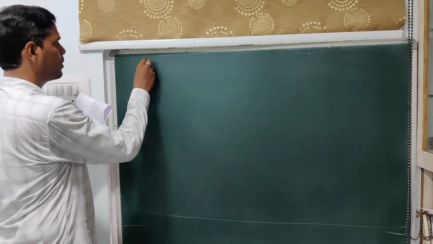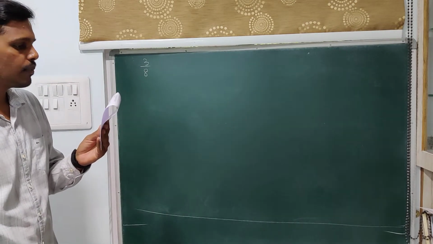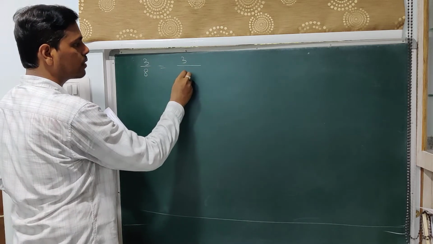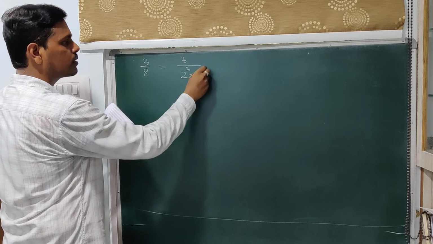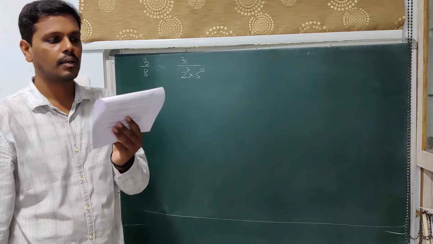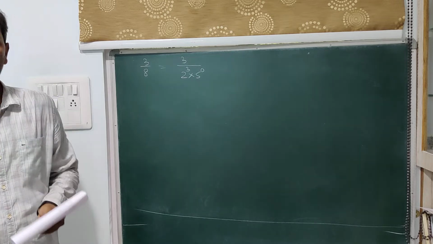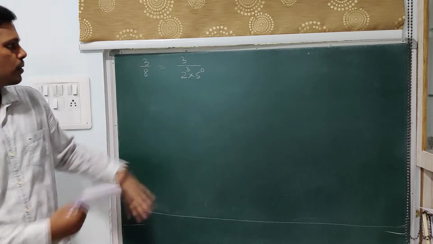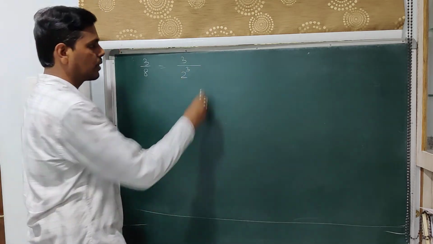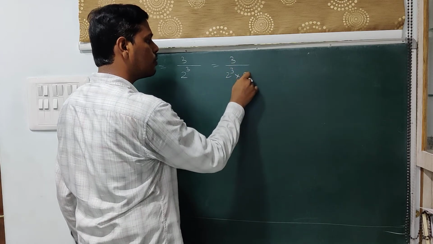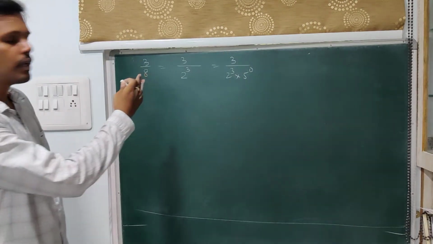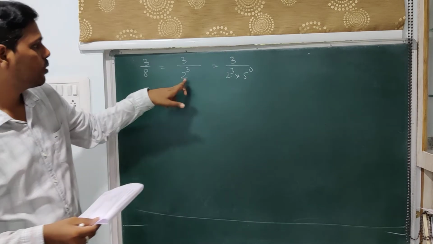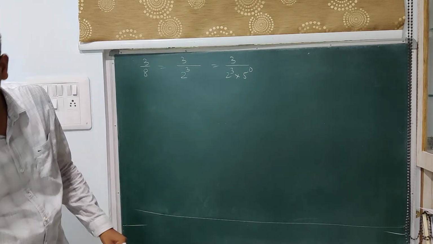That is, you are given a rational number 3 by 8. Now you have to write the prime factorization of the denominator. So let us write the prime factorization of 8. What is the prime factorization of 8? 2 cube. And since we are being told to write in the form of 2 power m into 5 power n, I have written 8 as 2 power 3 into 5 power 0, because the actual prime factorization is 2 power 3. Now this you can write as 2 power 3 into 5 power 0, because 2 power 3 you can write as 2 power 3 into 1, and that 1 can be written as 5 power 0. So I have taken the denominator and I have written it, or you can also do it separately.